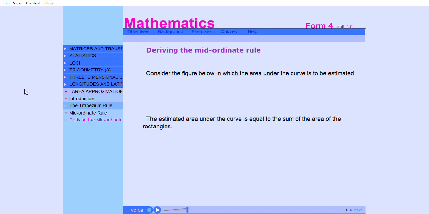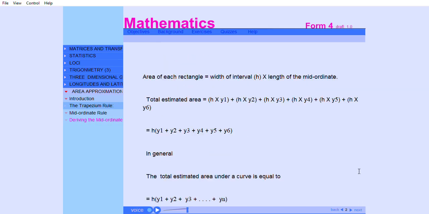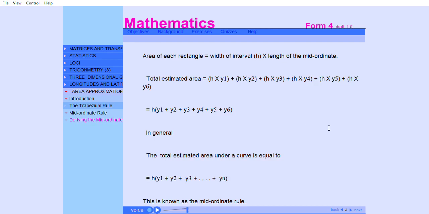Deriving the mid-ordinate rule. Consider the figure below in which the area under the curve is to be estimated. The estimated area under the curve is equal to the sum of the area of the rectangles. Area of each rectangle equals width of interval h multiplied by length of the mid-ordinate. Total estimated area equals (h multiplied by y1) plus (h multiplied by y2) plus